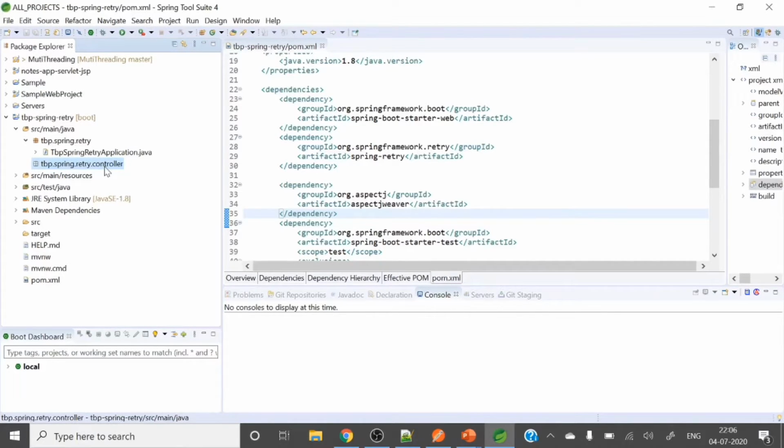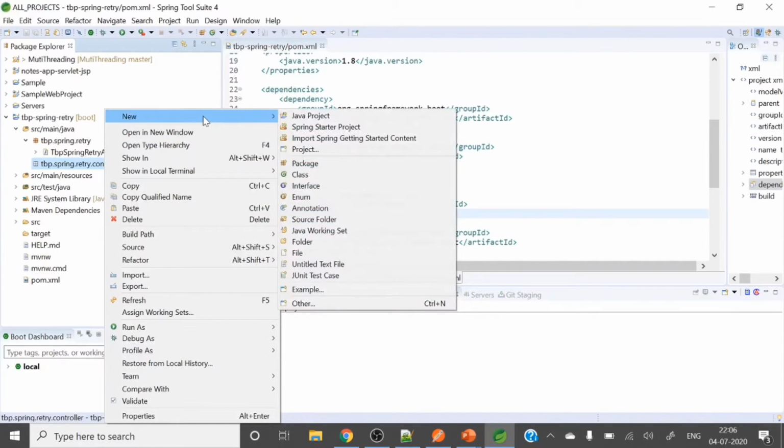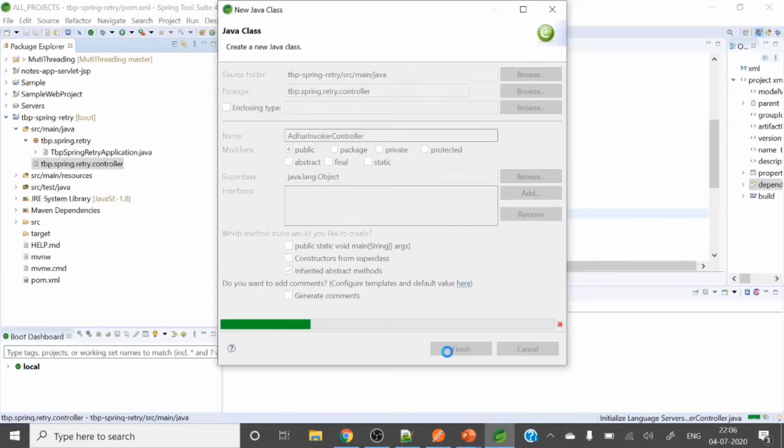Let's suppose our third party application is Aadhaar. So let me create a controller, AadhaarInvokerController. Let's finish.